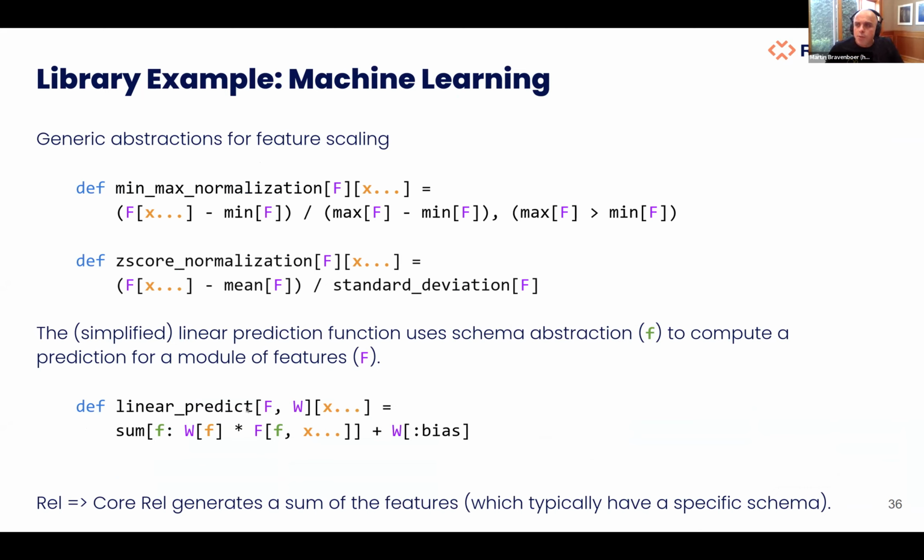Again, that abstracts over schema, because a feature set is actually a collection of relations, which is essentially a schema, and you can generically over that schema ask for a linear prediction function with the feature set that you pass to it. Now, this is very quick, of course, and this is probably not 100% clear, but actually explaining how that all internally works is quite a bit more work, and I can't really cover that today. So, yeah.